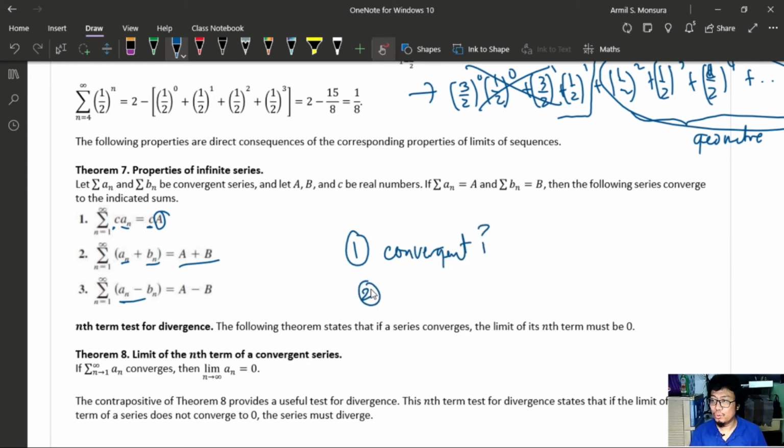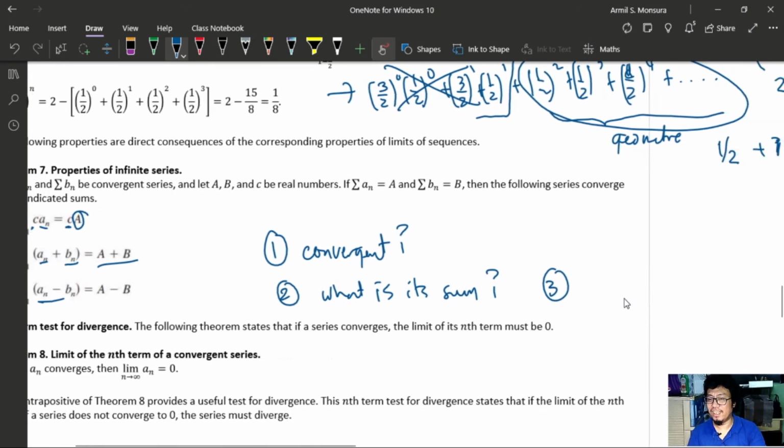Okay, number two, if it is convergent, what is its sum? Actually, later on there would be a third question to that, and it can be answered by the first two questions. But basically, one thing that we also have to realize later on is that we need to make sure that your series actually converges to the sum, because especially in the later topics,